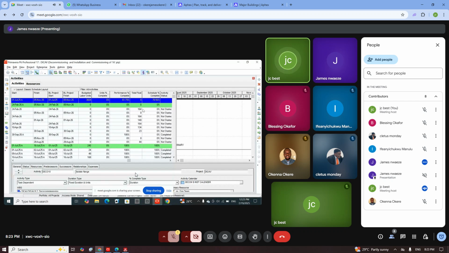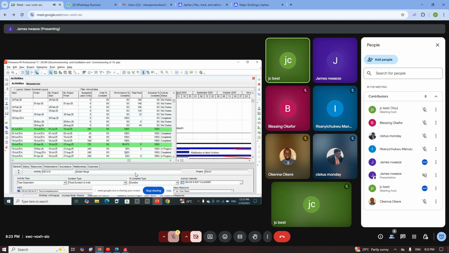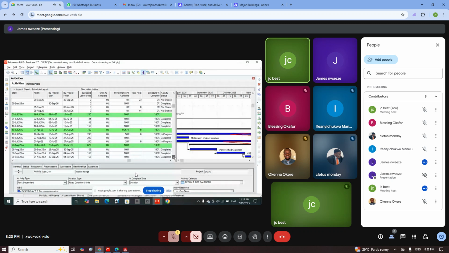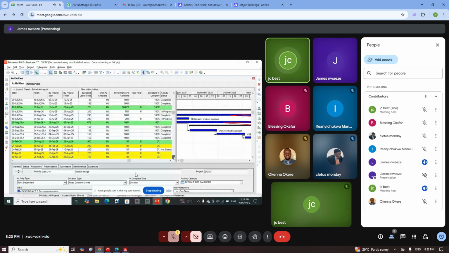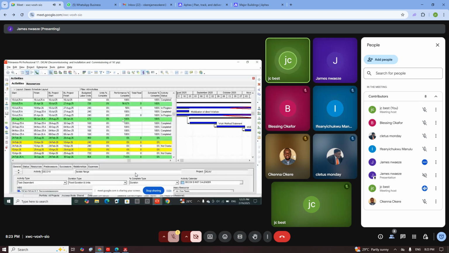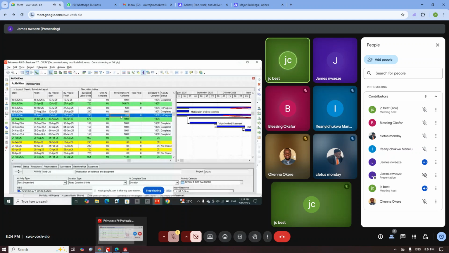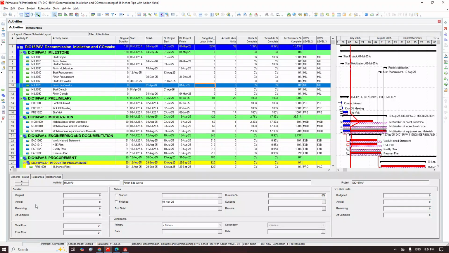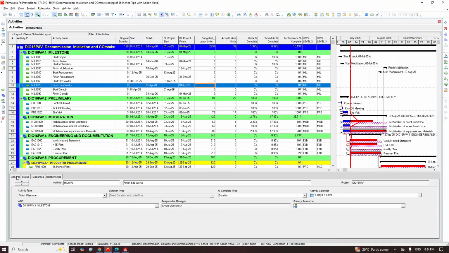Okay, so now let's look at where the issue might be coming from. Okay, click on one of your activity and click on status. Just click on anyone. No need to be scrolling up and down. Click on any activity there. I've clicked on. Yeah, you're using duration type and fixed units per time. You see what I'm looking at? I'm looking at duration type and I'm also looking at